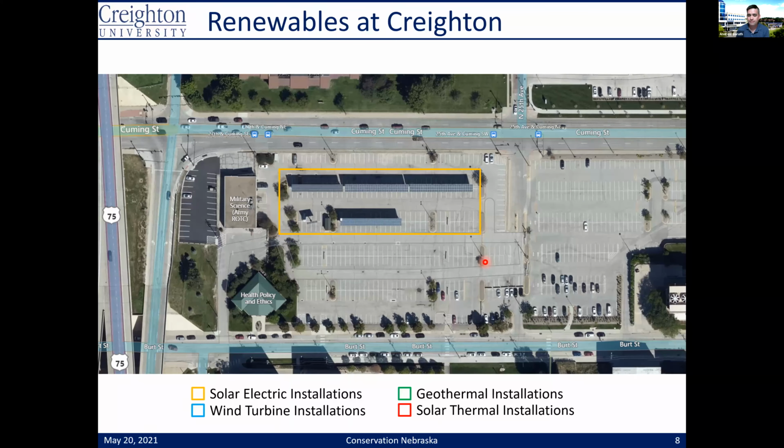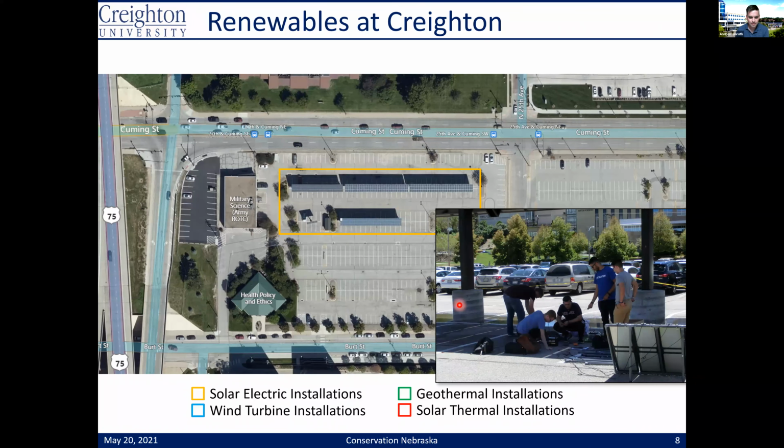And so the trade-off of losing those 2 parking spaces is that now, if you're willing to park over here and under these panels, you actually have this nice covered parking, which can protect your car from the elements. So from that standpoint, we thought it would be a win-win. It's also important to note that when we installed these on pylons, so you can see the pylons here that are holding it up, they're small enough that we can still save the parking spaces there. So really this is a very elevated system. It's anywhere from 12 at the bottom to upwards of 15 or more feet at the top. So it's very elevated. And so you can easily park underneath it.